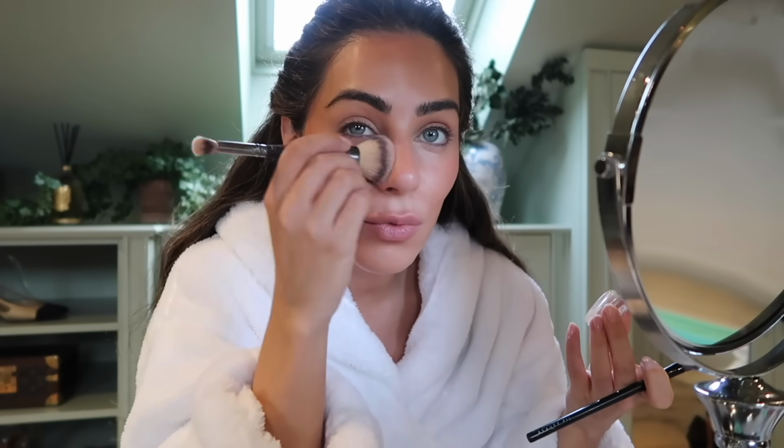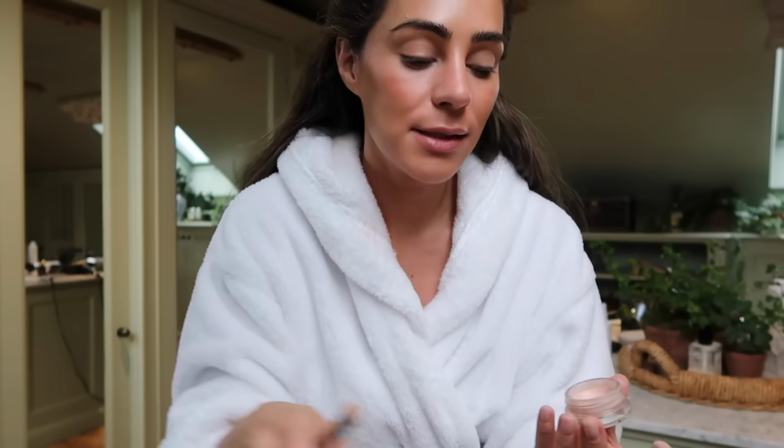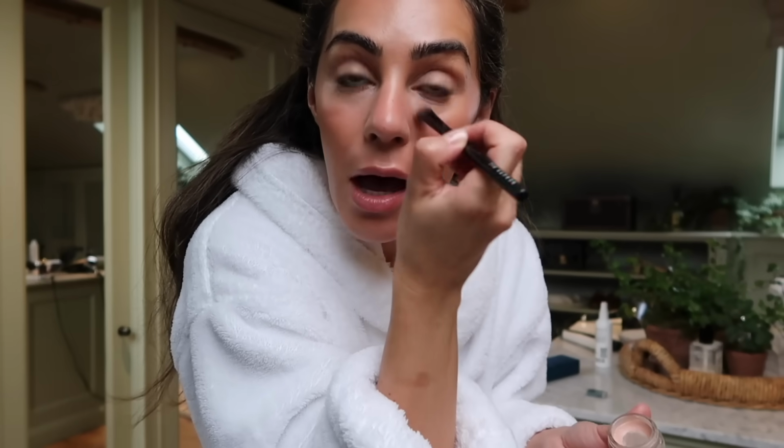So I can put concealer underneath, but just to really get the illumination. This light's so hard to show you in. Hold on, let me move you. It just massively brightens and illuminates the under eye. So I use my little brush. This is also a Beauty Pie brush, which by the way, they are so good. And I pop it underneath